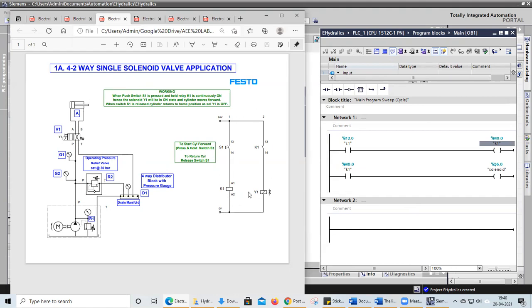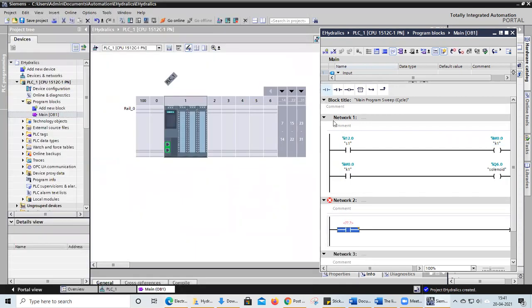But as we have discussed, we don't want to waste anything. So I can directly connect, because it is only a software program. I can eliminate this K1 and I can connect this solenoid here. Once S1 is switched, my solenoid should be activated. I can connect the solenoid coil here. Okay. In real-time electrical connections, we have to give it in this way. In programming, I can give it in this way. Just I will create my S1 and I will give the solenoid directly in the ladder logic in order to reduce the programming.